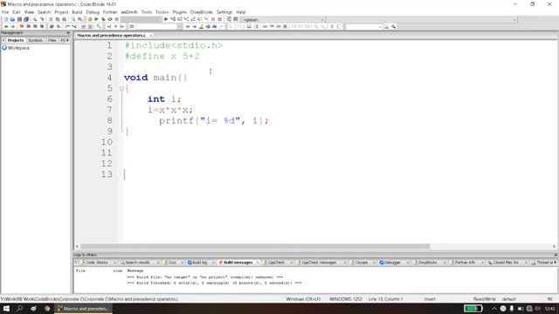So here I'm going to use a macro, that is a hash define function, which is a preprocessor directive. After the hash include, I have included hash define x. X is my variable which I'm going to replace with 5 plus 2, and mind you, it is not 7. I'll tell you why there is a difference.